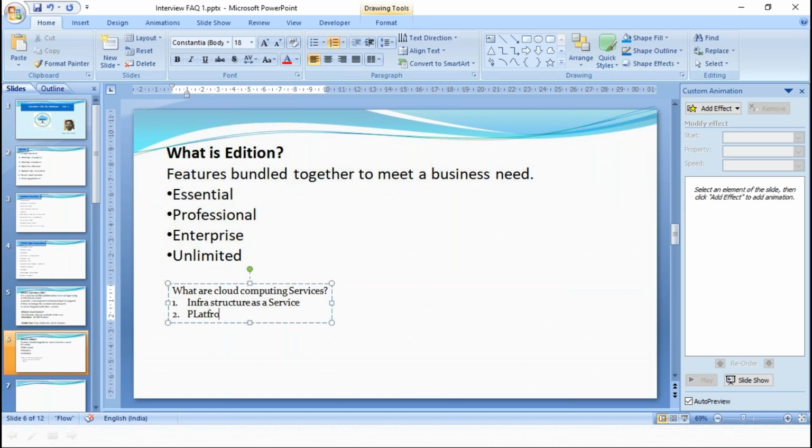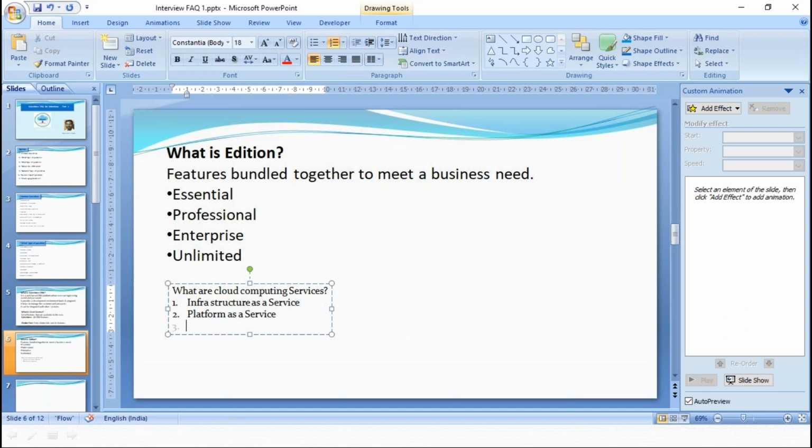It is any resource you access using an internet connection. The resource can be an infrastructure or it can be a platform.